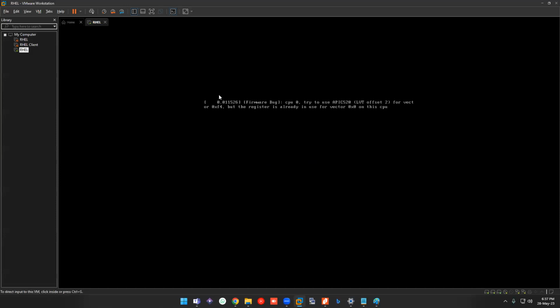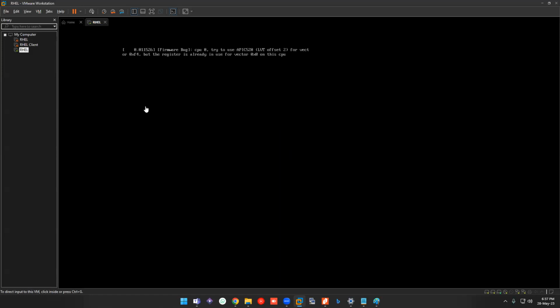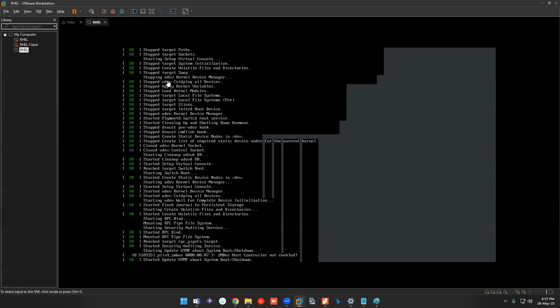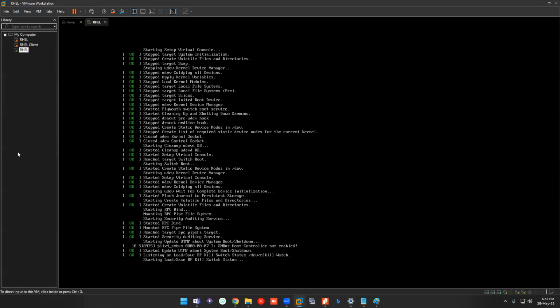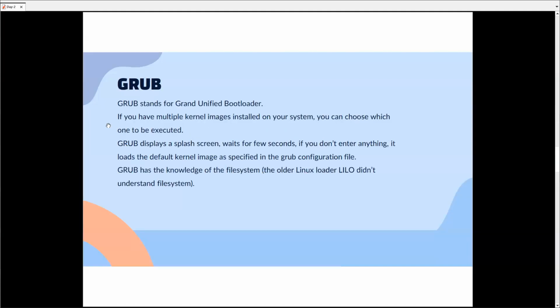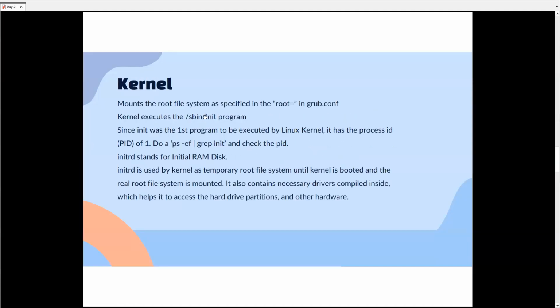Now it moved to the next section. This is your actual kernel which is loading, and this will take some time, and it will load all the devices and services. If you press the down arrow once it is showing that loading icon, you can see all this. So that is your kernel. Even here it will be showing this sbin init.